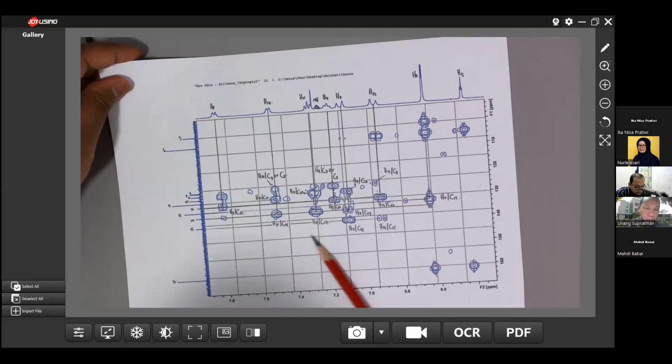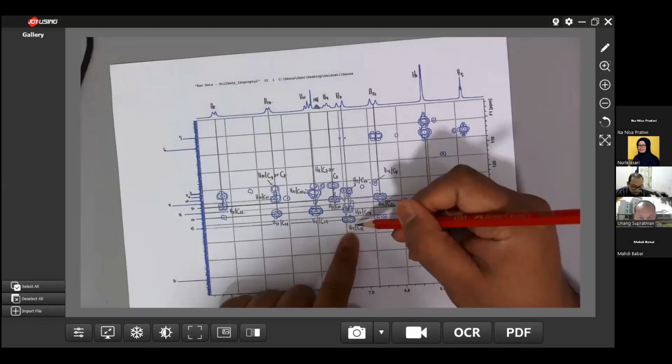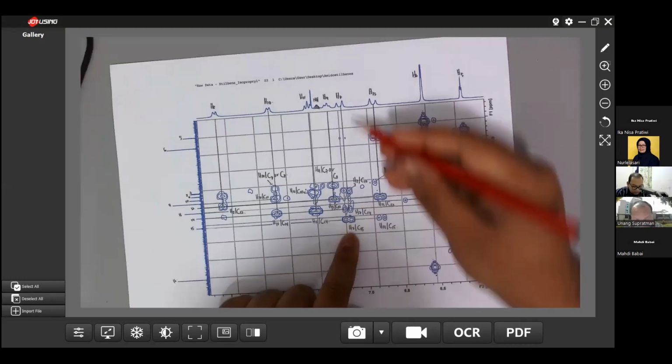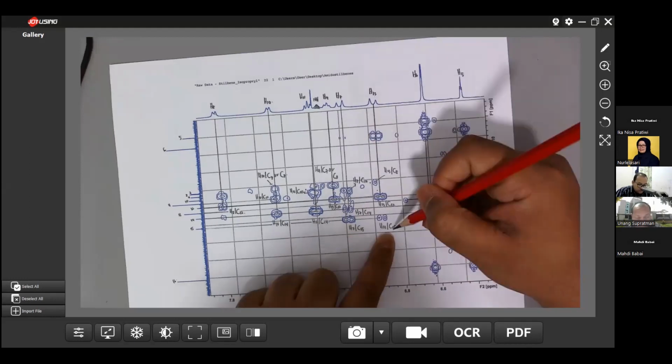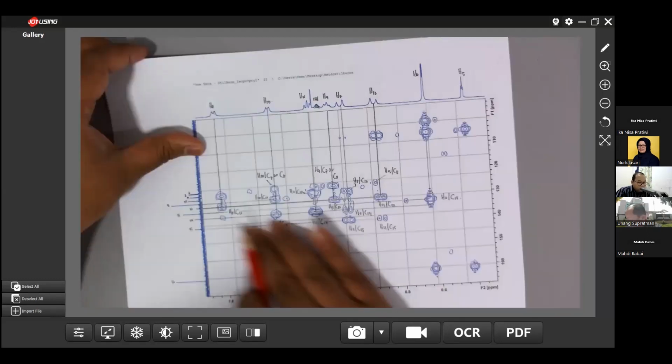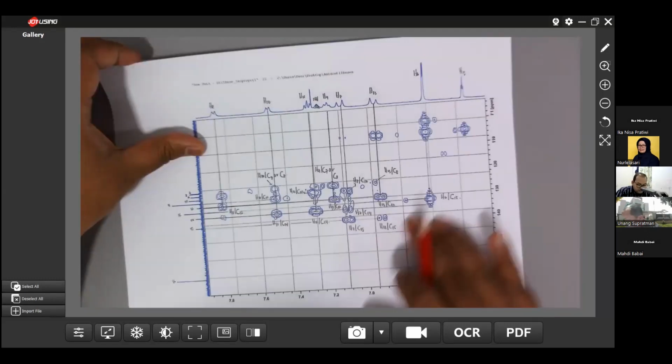Can see carbon 15, H13 can see carbon 15. Okay, and I think you can do these regions by yourself. Okay, do it slowly, don't worry. As I said, we need more time to read this one. For example,